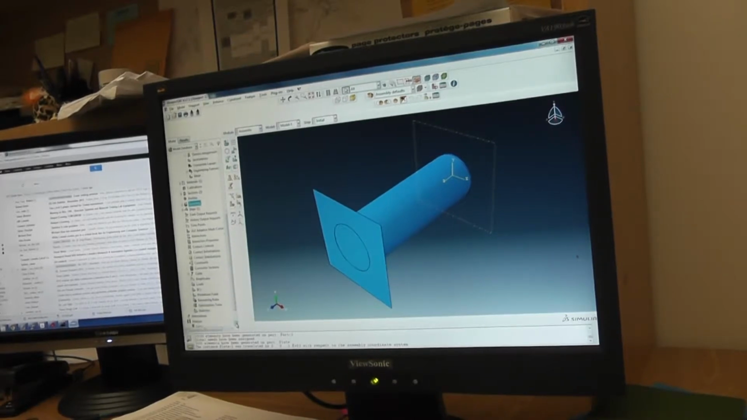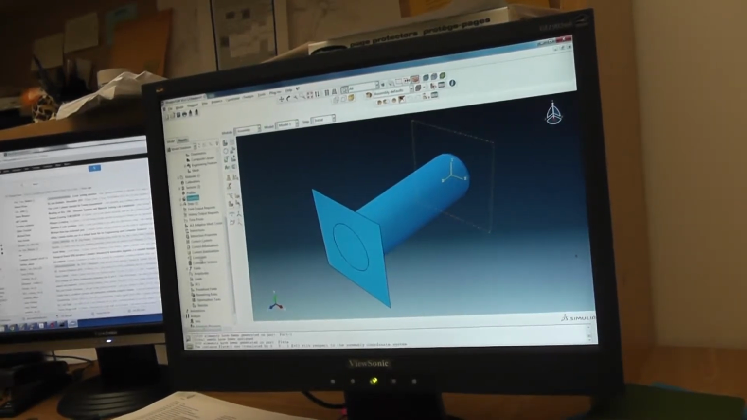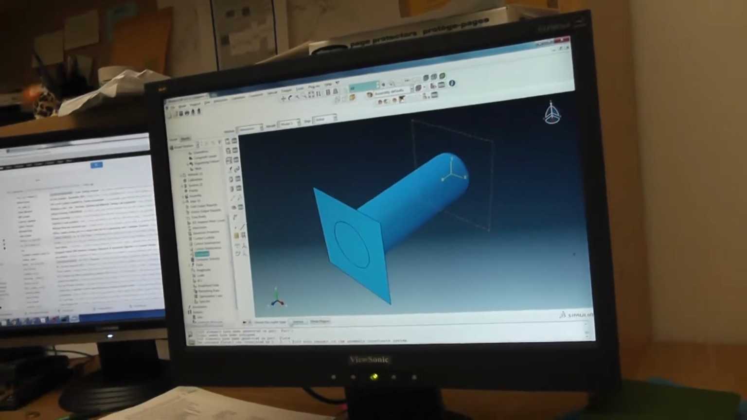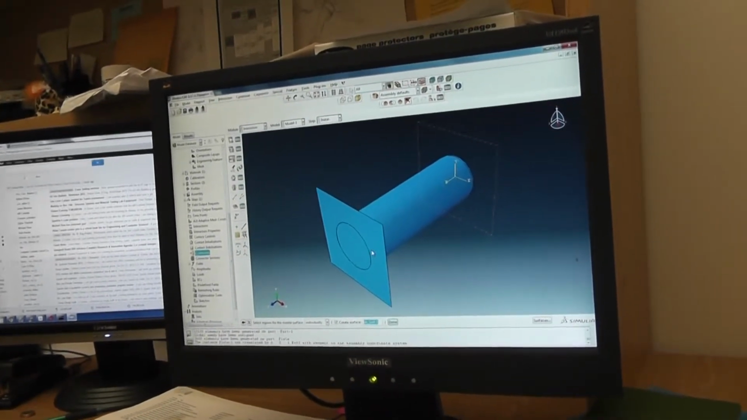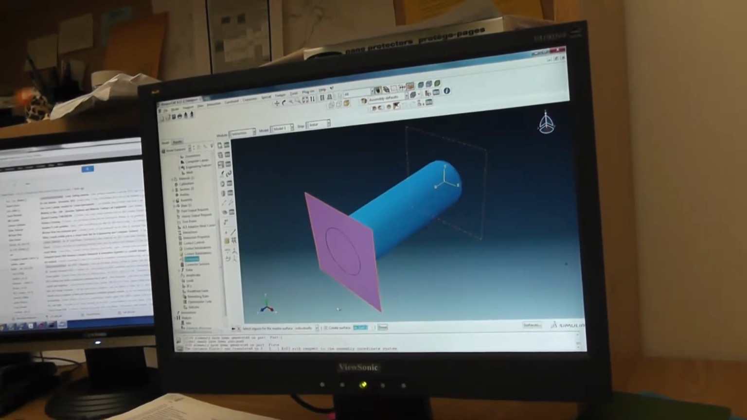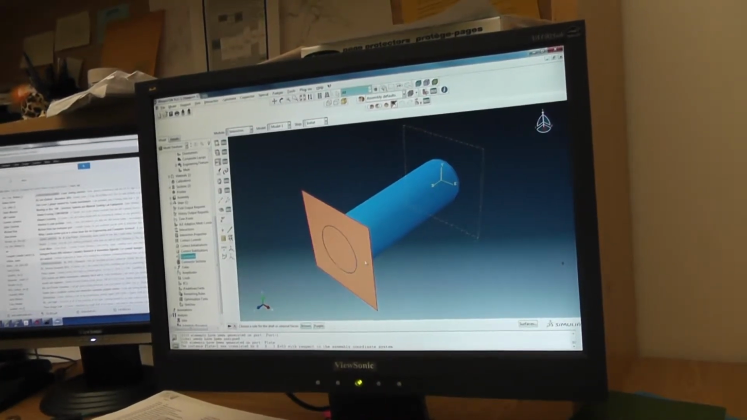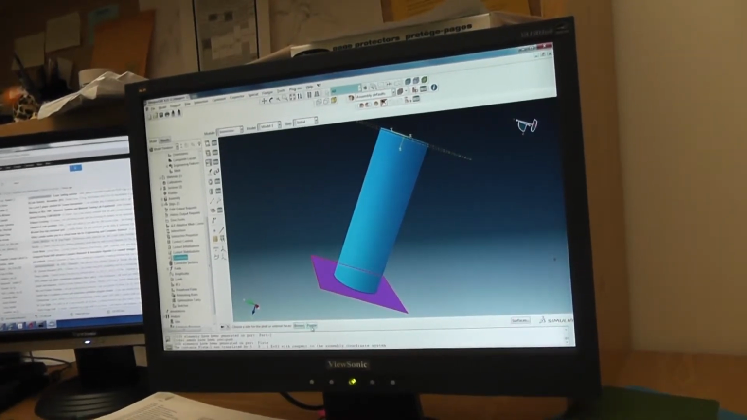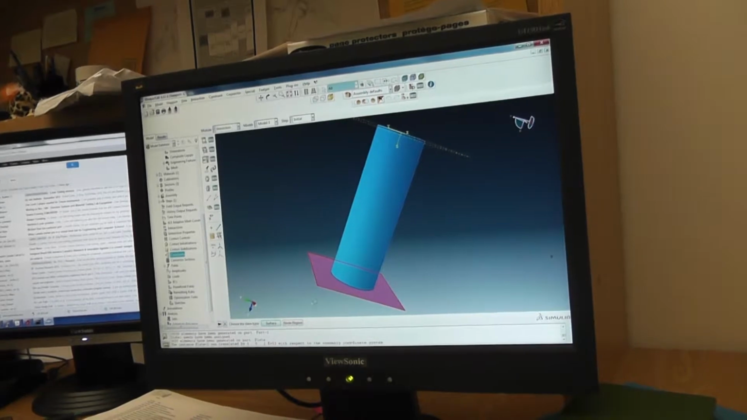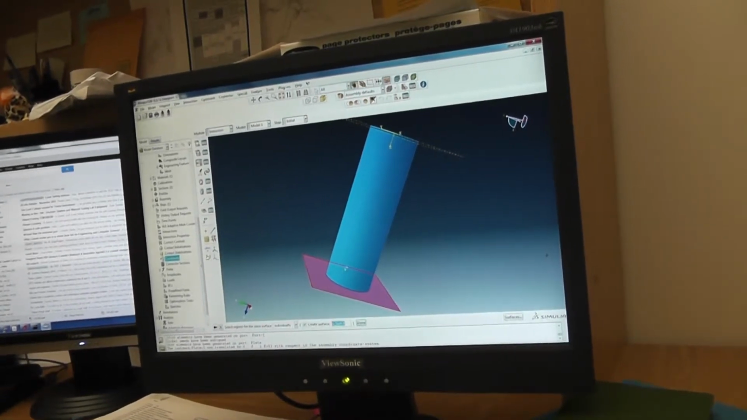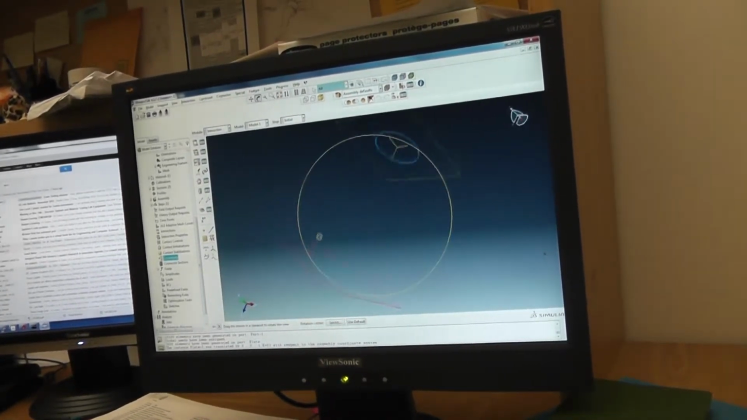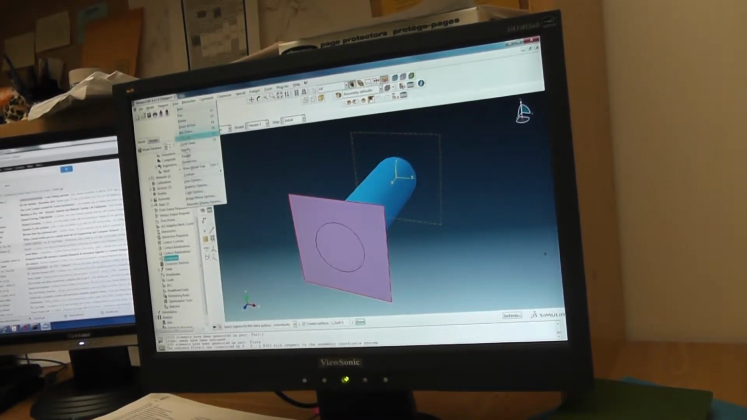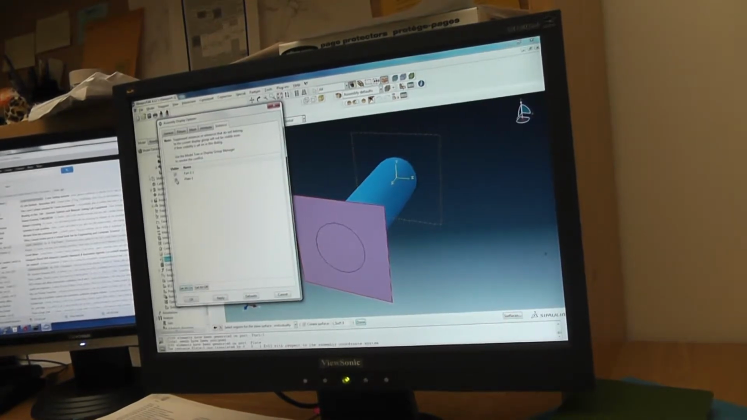I need to create an interaction between both. Tie. Master surface is the plate. The brown or the purple, it's the purple side. And the sleeve is the surface as well. It's the pipe, but I want to be able to look at the pipe without the plate. So I'm going to go to View, Assembly Display Options, remove the plate,